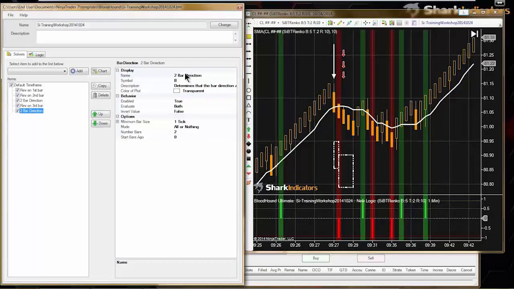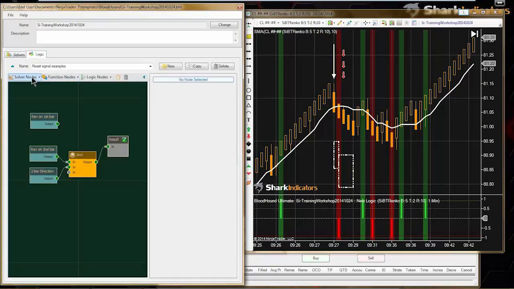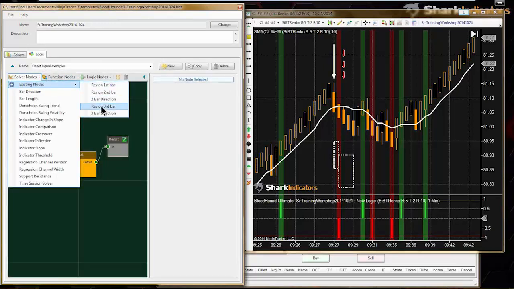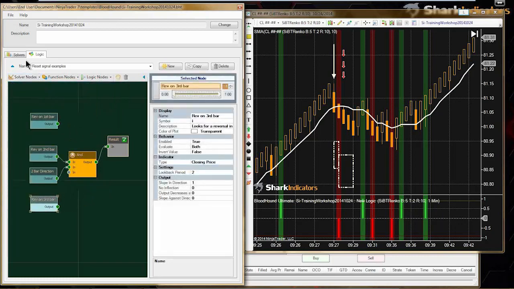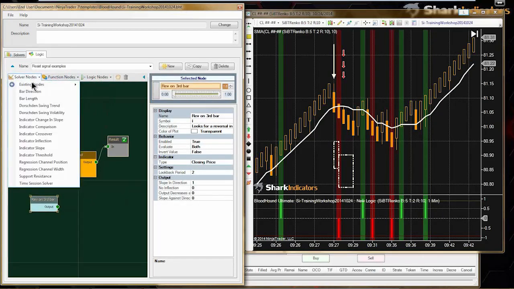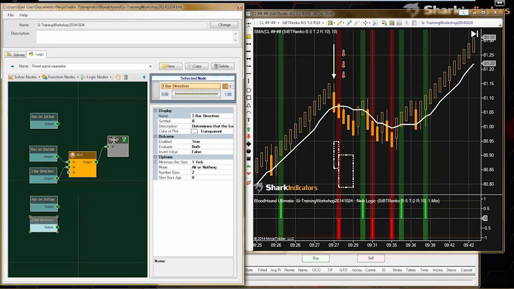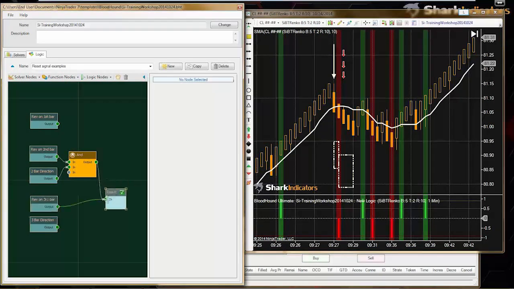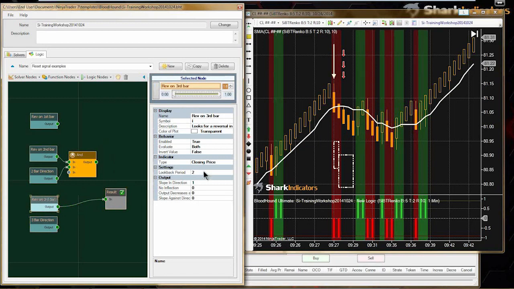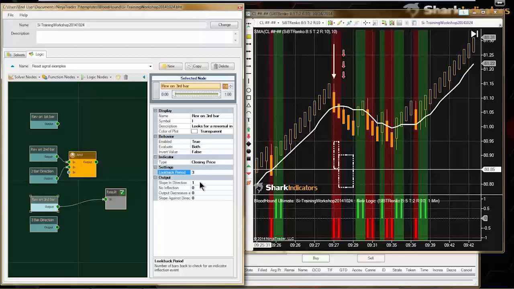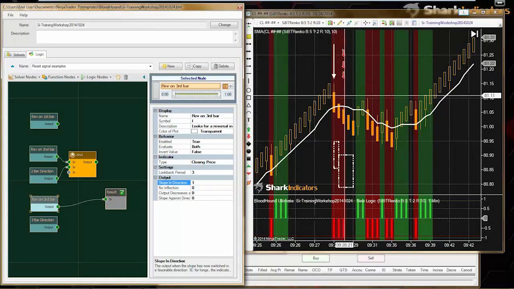I'll change the names on here, and switch back over to my logic board, and I'll just drop those new ones on the board here. So there we go. Now I just need to set them up correctly. This is a reversal on the third bar, but I can see I'm only getting two bars with an output on them. So let's change my look back to 3, and there we go. Now we got 3 bars,